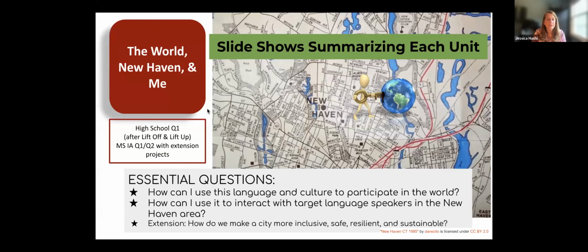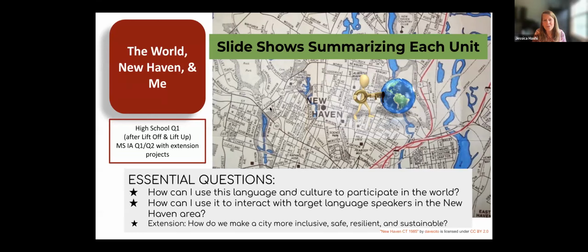So what is this? Okay, so I'm going to show you kind of a bigger example of, for each unit, I also made a slideshow. So once we did that sort of whiteboard stuff, we actually this time around, instead of using unit plans, wrote our units using slides. And then we use those slides to summarize the units for teachers. And then of course we still have unit plans available, which I'll show you in a second. But here's an example. So we made it, again, like we've become a visual culture.